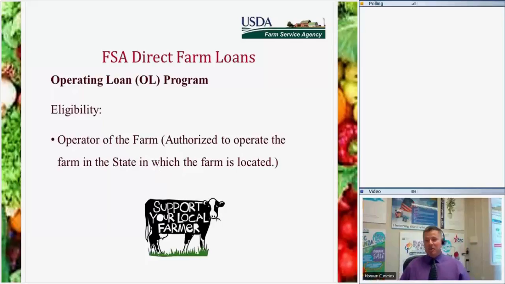And you have to actually be authorized to operate in the state that you're going to be doing the farming. That's something I really haven't run into too many issues with, but you've got to make sure that you're able to operate and farm and do what you're trying to do in the area that you're at, because sometimes cities and counties have certain codes towards livestock or agriculture itself. So just make sure you're following all the laws for your area.